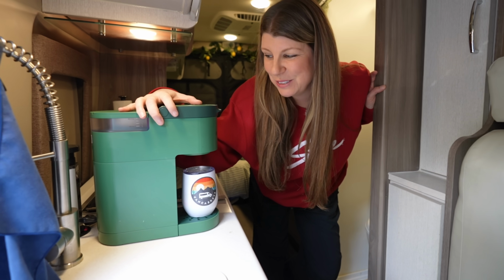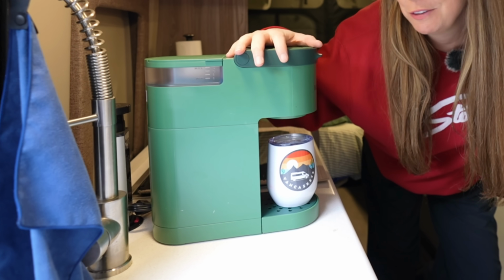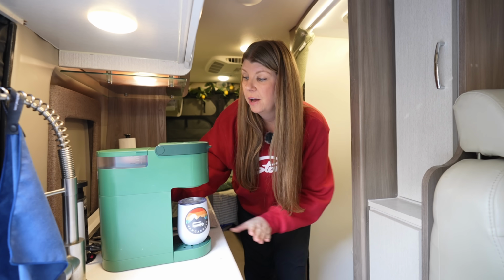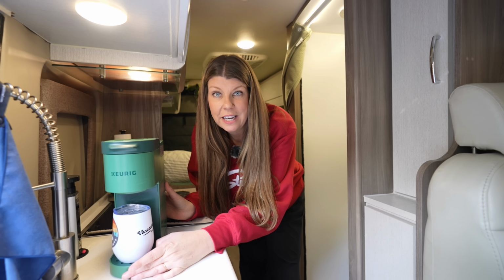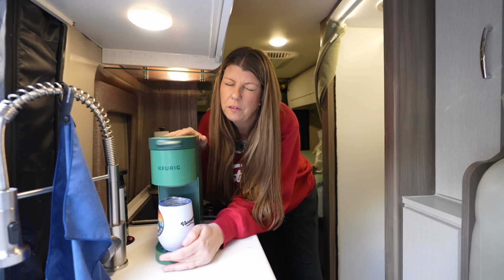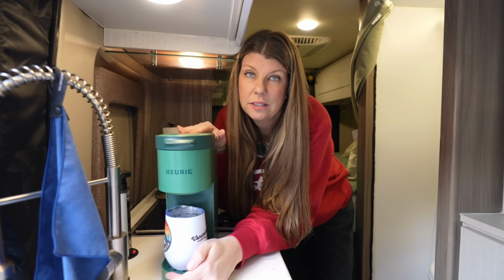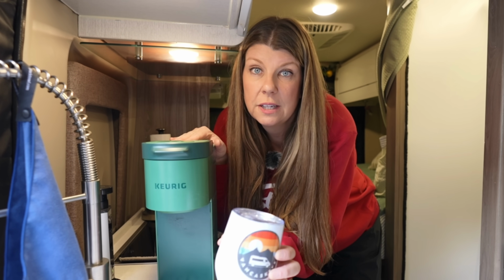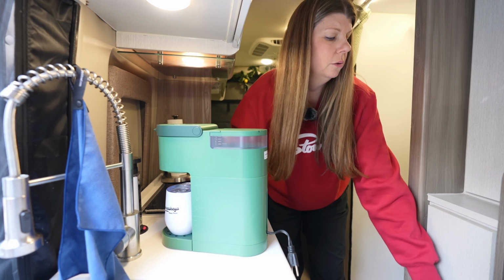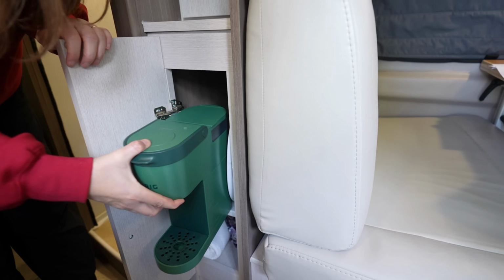Product number 6 is right here. This is the Keurig K-Cup Mini Coffee Machine. And it is perfect for RV/van life because of the size. Look how little and skinny that is. Oh, it just got unplugged. But I love it. We've actually had a few different coffee machines, and so far, to me, this one's the winner because it gives you a full-size coffee and it stores away so easily. We are able to move it and store it